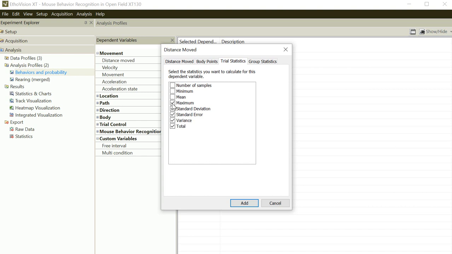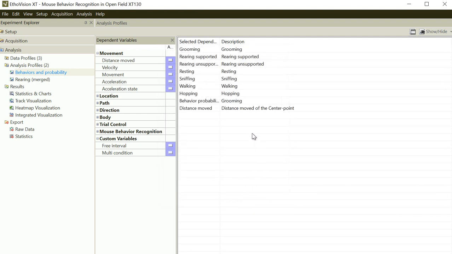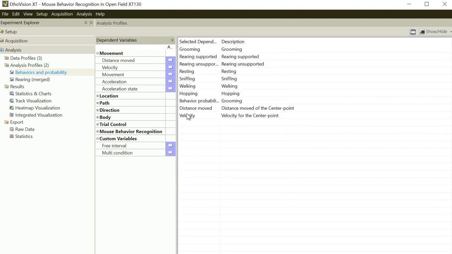But of course, you will have an enormous amount of outcome. So please be cautious. And so I have to press add button. As soon as I press the add button, you can see the new parameter distance moved is added here. Okay. So if you are interested in velocities, speed, you can add,